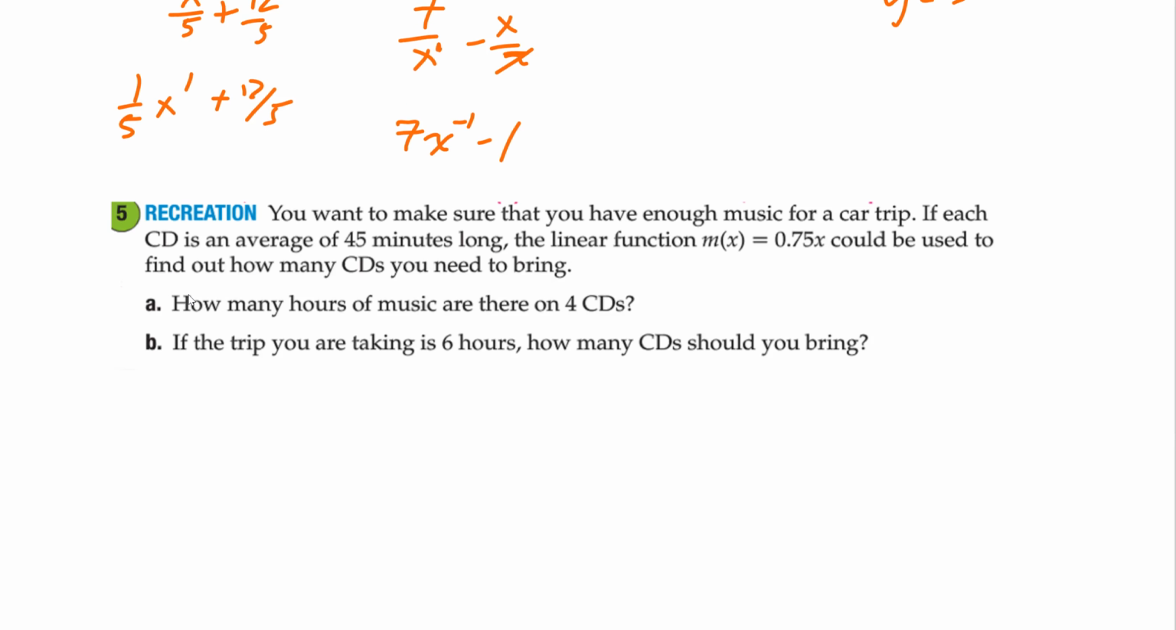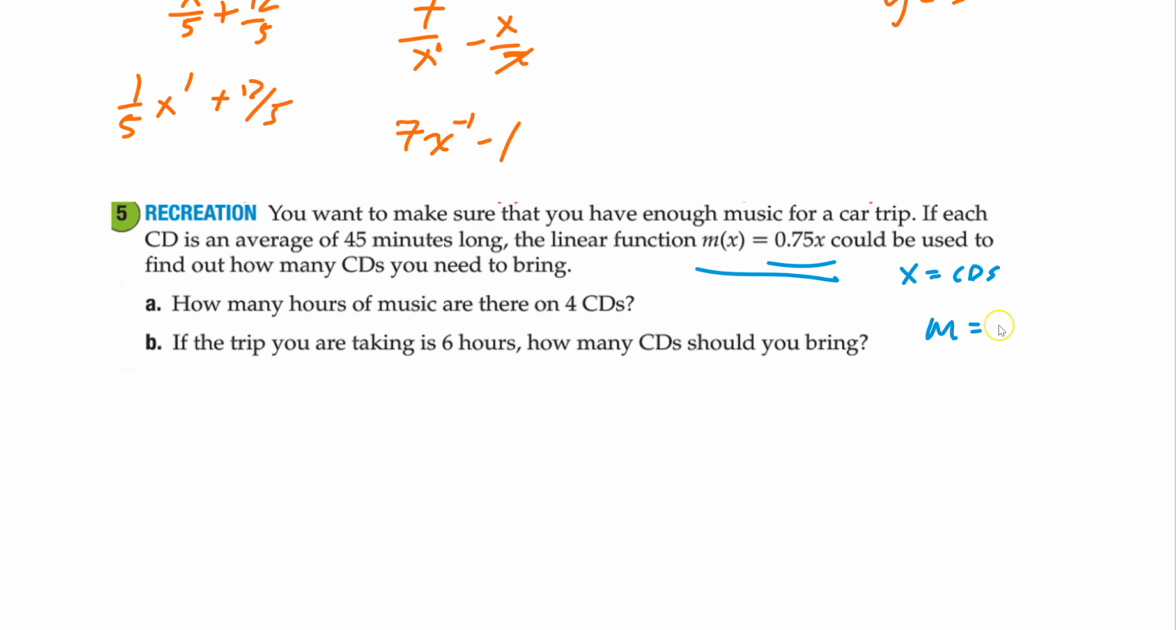Now, one of the main things to do with linear functions is rewrite equations. So look at this problem here. You want to make sure that you have enough music for a car trip. If each CD is an average 45 minutes long, and the linear function M equals 0.75x, linear because the highest power is 1, can be used to find out how many CDs you need to bring. Now, they should tell you more information. X here is CDs,